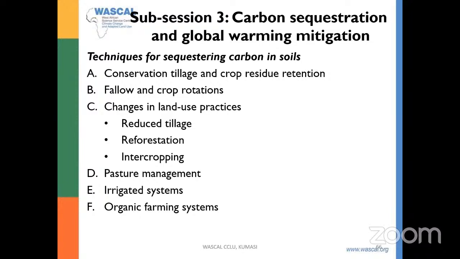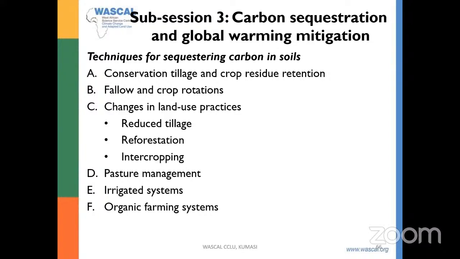So farmers are advised, when you harvest, you leave the residue on the farm and you don't till it. So as it decomposes on the surface, it increases the organic matter composition of the soil, thereby improving the organic carbon content. And also adopting fallow and crop rotation,